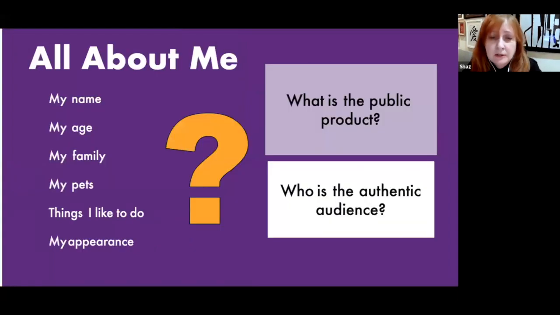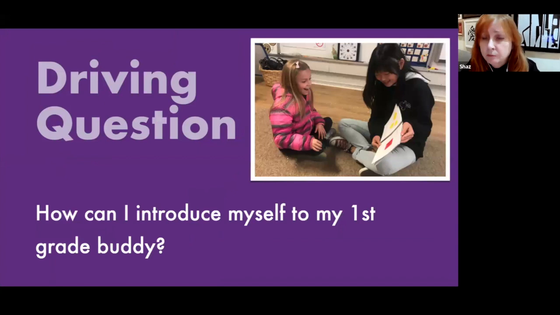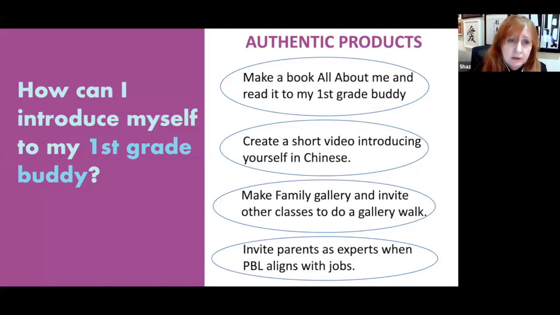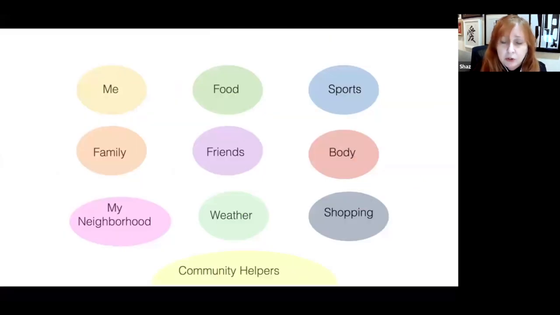Okay. All about me. All right. So as I said before, you can get kids to buddy up with a younger grade level student and introduce them to themselves in a book. How can I introduce my buddy to myself? So these are just some examples. These are some of the topics, and it's really good practice once you're getting to a topic to start thinking, okay, like weather.